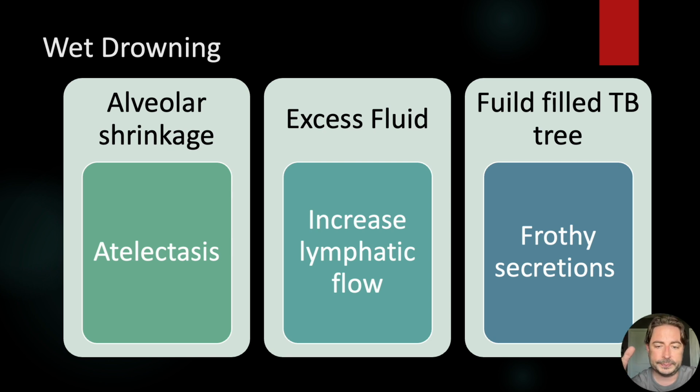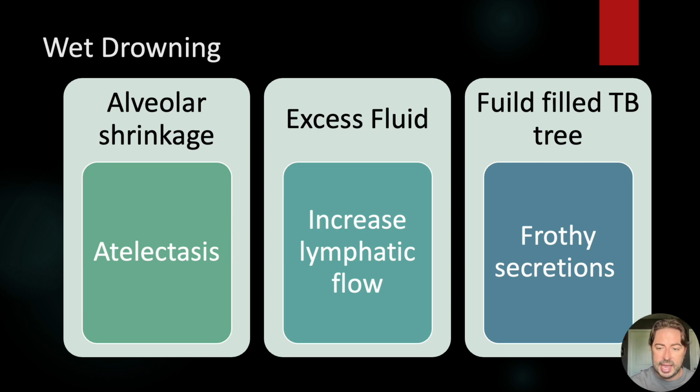Now, when we look at all of this extra fluid that's in the alveoli in those distal airways, if you have a patient that's spontaneously breathing, they're going to end up with specific secretions. They're going to be frothy. You'll see white frothy secretions. Sometimes when you start to get that impact from the pulmonary capillaries, we have red blood cells that are escaping the pulmonary capillaries and moving into the alveoli. So what happens when you start to get red blood cells mixed with those white frothy secretions? Well, you can end up with pink frothy secretions.